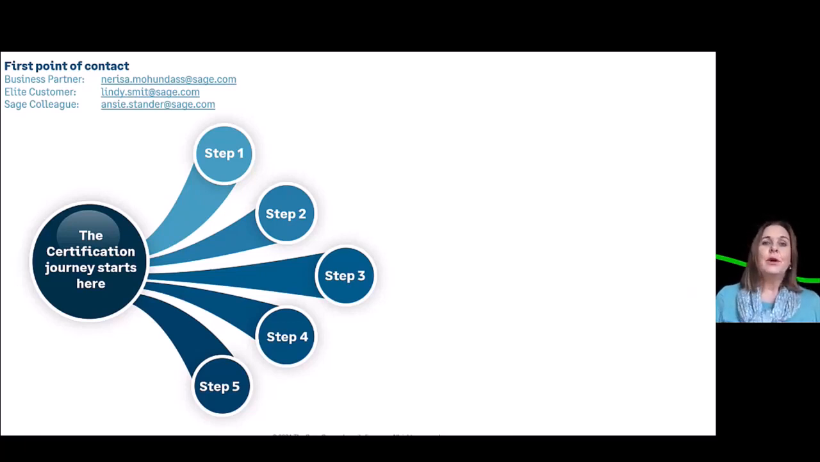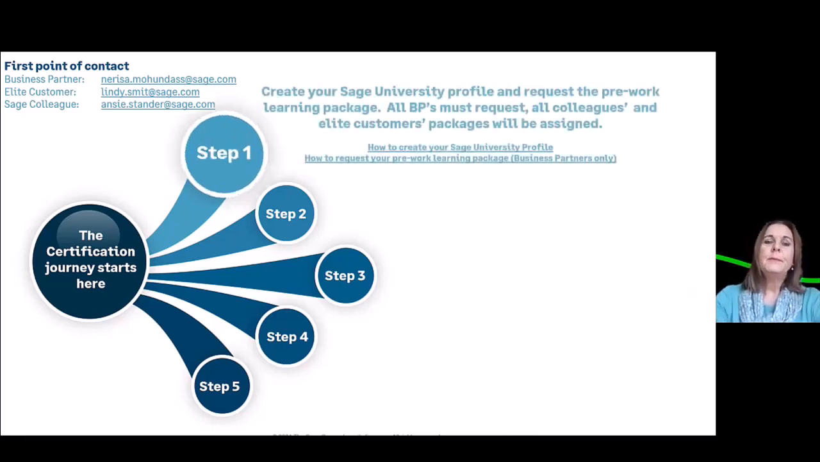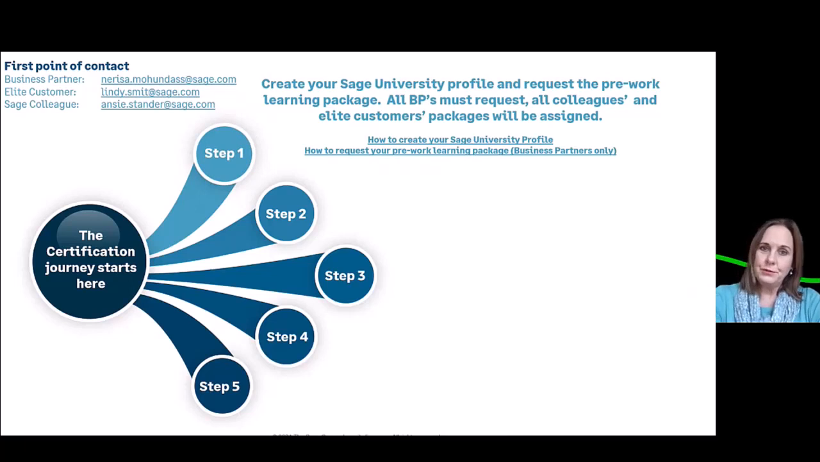Let's start going through the whole workflow. There are 10 easy steps to follow. The first 5 are all about the pre-work package, and steps 6 to 10 are more about the core module learning package. The very first thing you have to do if you want to join this program is to create